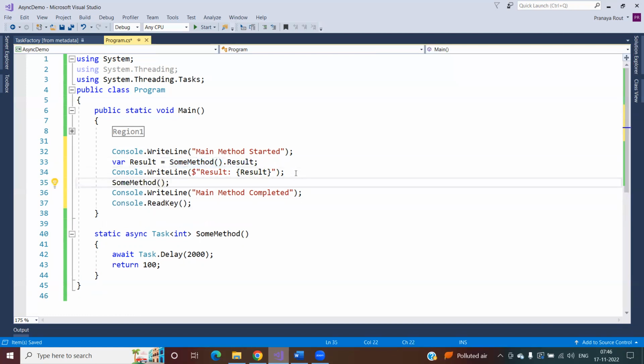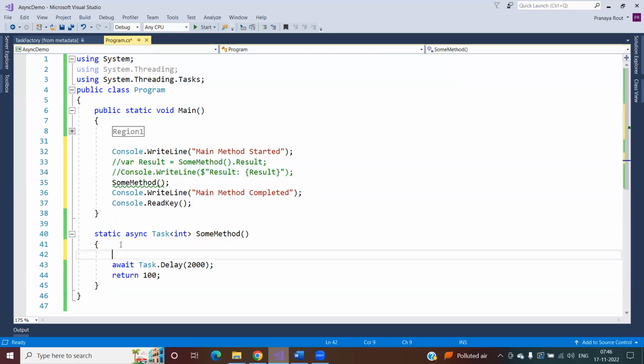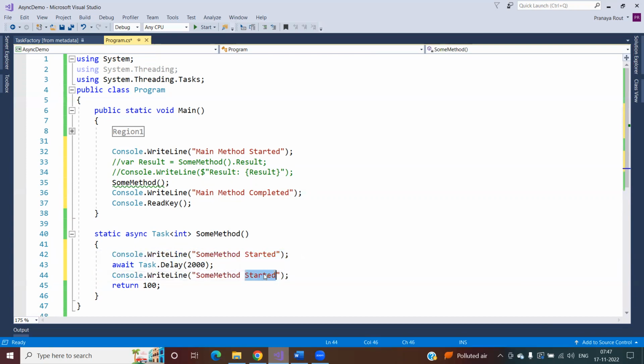If I'm simply calling this statement, right? Okay, let me first show this thing, and let me put the statements also here. Some method started, and here I'm writing some method completed,